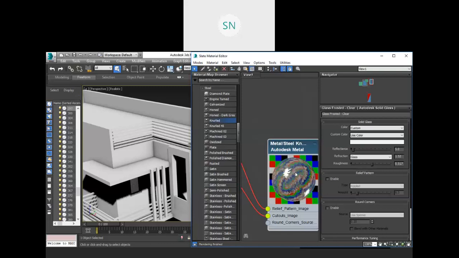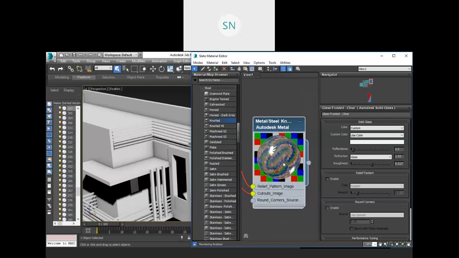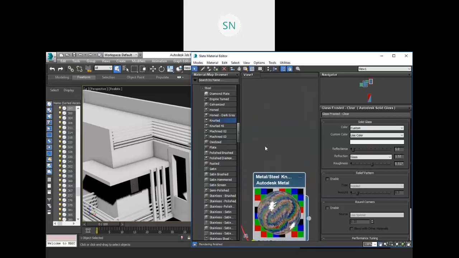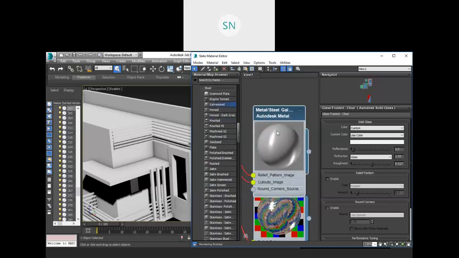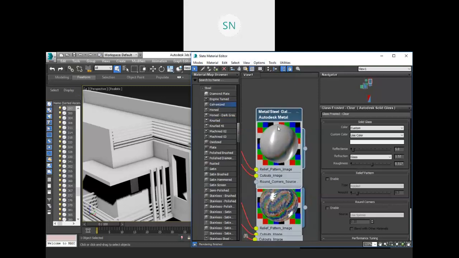Okay, so this is actually a reflection pattern. It's not transparent, it's a reflection because it's a glossy steel. Galvanized also we have. Okay, fine. I will use this one,